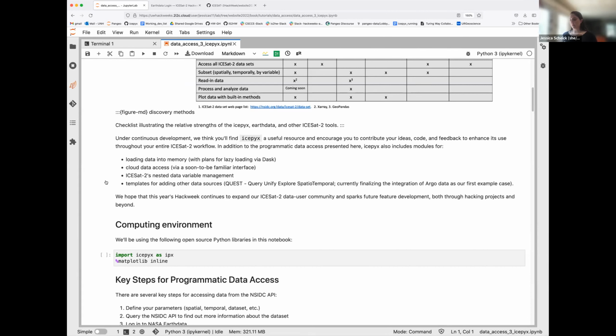And then another thing that we're working on, which many of the organizers here, I'll shout out to Kelsey, Zach, and Ramina, have been working on since their project group formed at the 2020 ICESat-2 Hackweek. They have recently put through and implemented the infrastructure for a module called Quest, which is the Query, Unify, Explore Spatiotemporal module. And what this module aims to do is provide the infrastructure for adding new data sets